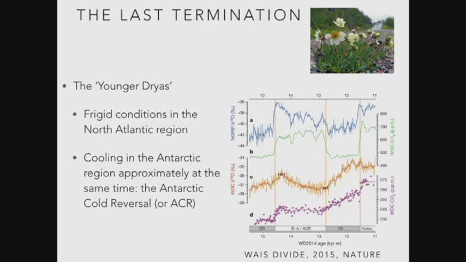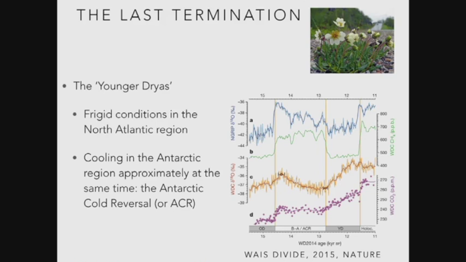I'm a bit aware of time now with the delay. But let's just have a look at one, the end of the last ice age, the last termination, what some people know as the last glacial interglacial transition. Commonly, people might use the term the Younger Dryas, or Dryas octopetala. It was first identified by basically daisy pollen. If you're familiar with James Lovelock's wonderful stuff on Gaia, Daisyworld, basically Daisyworld existed in Europe during the Younger Dryas. It was very common. A period of what looks like cooling, which is typically defined as somewhere between 11,500 years to 12.7 thousand. Depends on who you talk to, what records you're looking at.